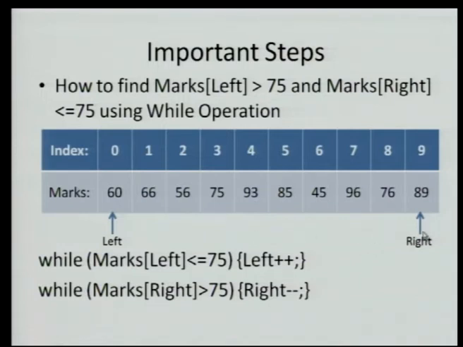Similarly, on the right side, we are looking for a value which is less than or equal to 75. Is that the case? No. Is that the case? No. No. And this is where we land ourselves: the 45. 45 is less than or equal to 75. Can you see the operation difference here? Here we are decrementing right. You can see that every time from 9 we are moving to 8. From 8 we are moving to 7. Keep checking this particular condition. Okay, so that is how in right we are decrementing, in left we are incrementing. So this is one of the operations of the whole process.